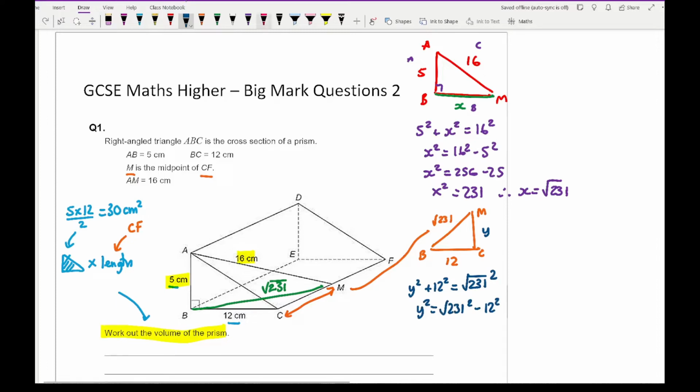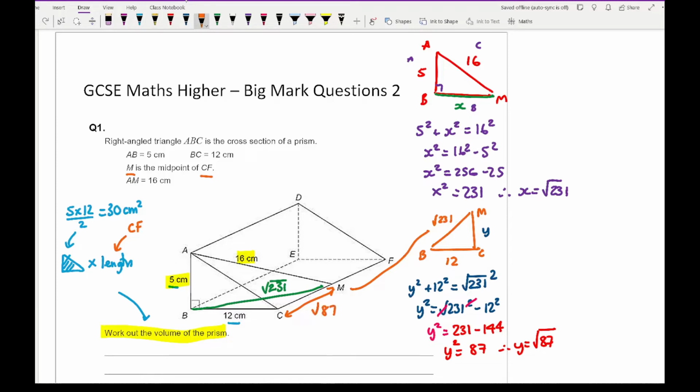Now the root and the square cancel each other out, so y squared equals 231 minus 144. So y squared equals 87, so y equals root 87. So what I've worked out is that this length here of C to M, and let's just do that in orange,